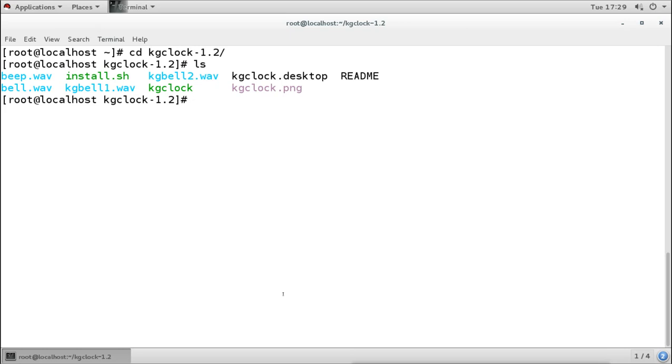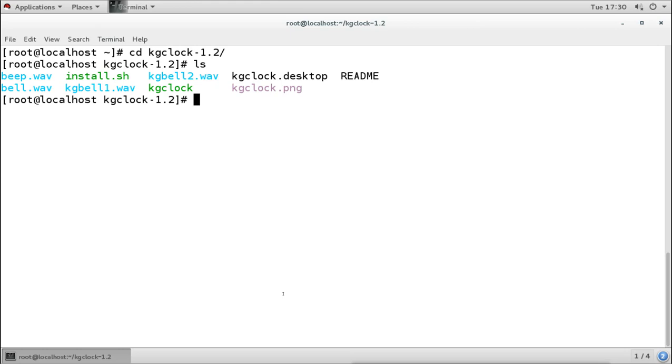Now why is that? This is because of the packaging thing I mentioned. Mostly the software developers create the files like this, the software files. So how will we install it? We will install it with a script. This kind of software is installed based on a script. We can say it is a script-based installation.